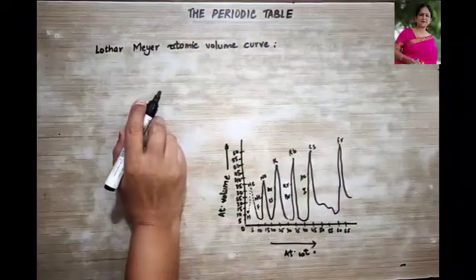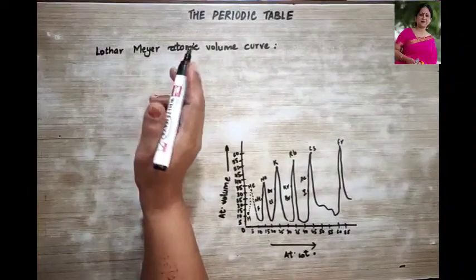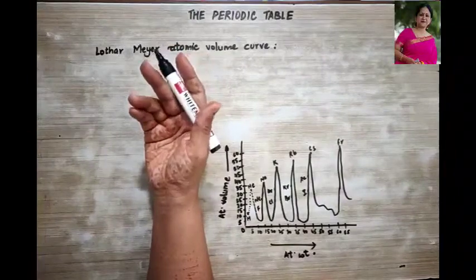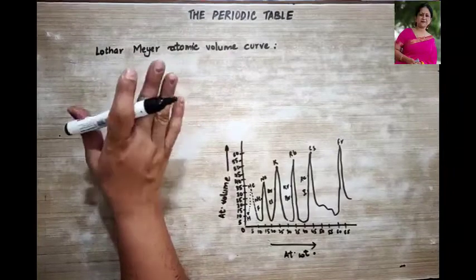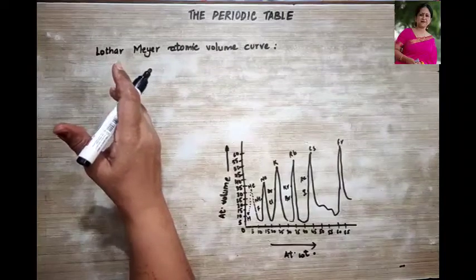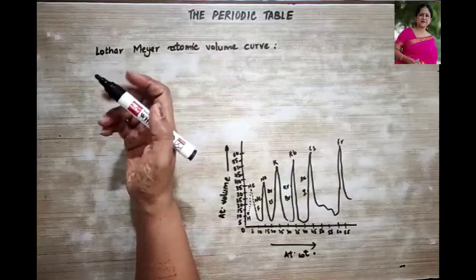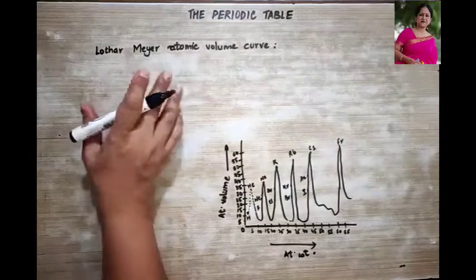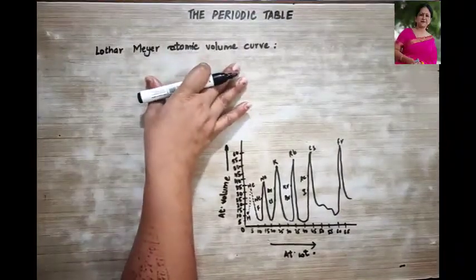Good morning, children. So today we continue with the periodic table chapter. Yesterday I had taught you about what is the periodic table, and we even discussed the work of two eminent chemists, Dobereiner and Newlands. So what is Dobereiner's law called? Dobereiner's law of triads. And Newlands, because he was a lover of music, his law is called Newlands' law of octaves. We now come to the Lothar Meyer atomic volume curve, right?